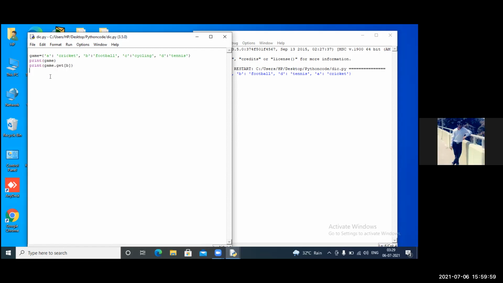I don't think it will work. Just write print. Then in the first bracket, game. In the first bracket, game.